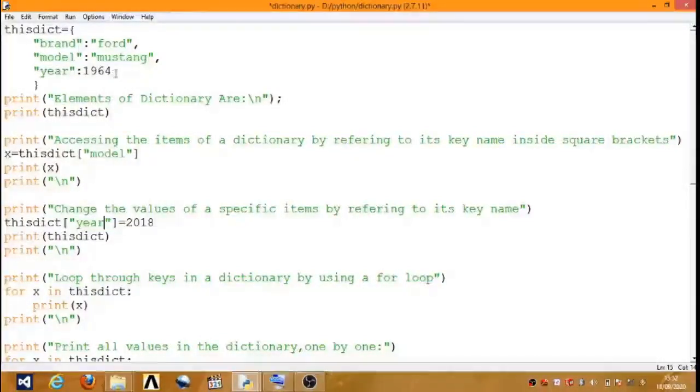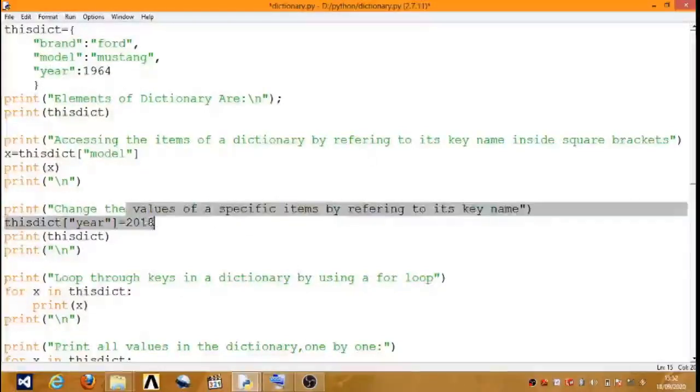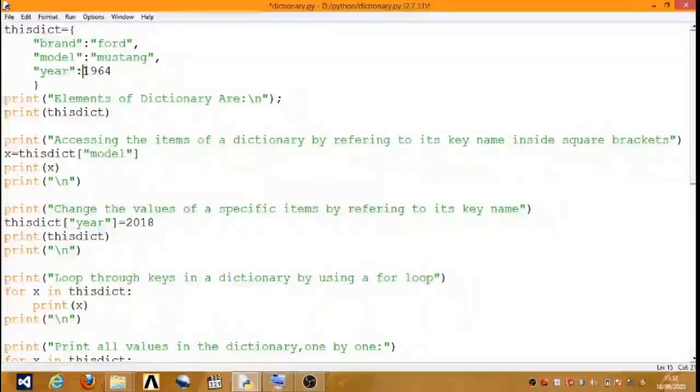The earlier value is 1964. Now here we are changing the value. So here we are making the year 2080, and we can print the dictionary, and it will print all the elements of dictionary. So here new value is 2080 and earlier value is 1964. So here print district and print \n.